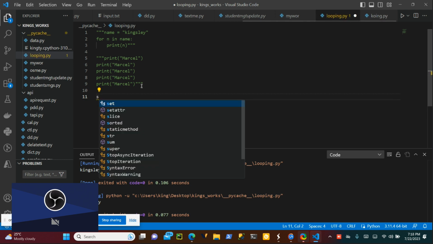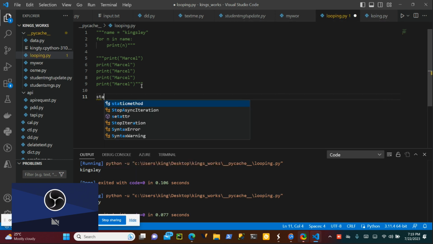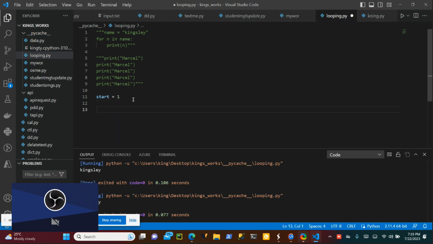I can say start, and I'll give start the value 0. Okay, so it means that I'm starting from 0, or I can say start from 1. That is the initial value. Then I'll come to while. So now here you use the while statement like this.